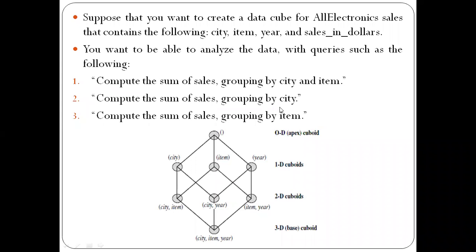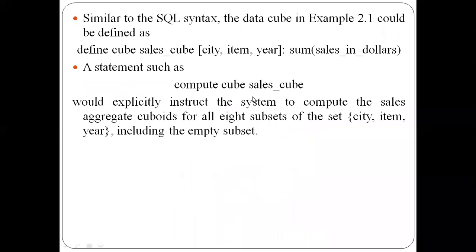These two examples are for one dimensional operation because we are specifying the group by with respect to one dimension. So if there are no dimensions, that is a zero dimensional operation. If you specify the group by with respect to one dimension, that operation is called a one dimensional operation. If you specify two dimensions in a SQL statement, then such a statement is called two dimensional. In general, if you have n dimensions specified in a statement, then that statement is called an n dimensional generalized operation.